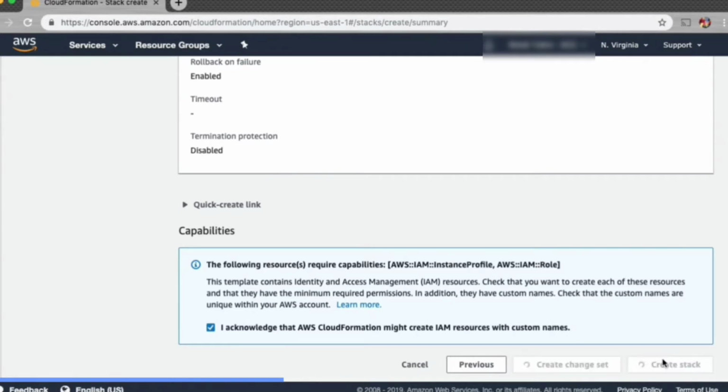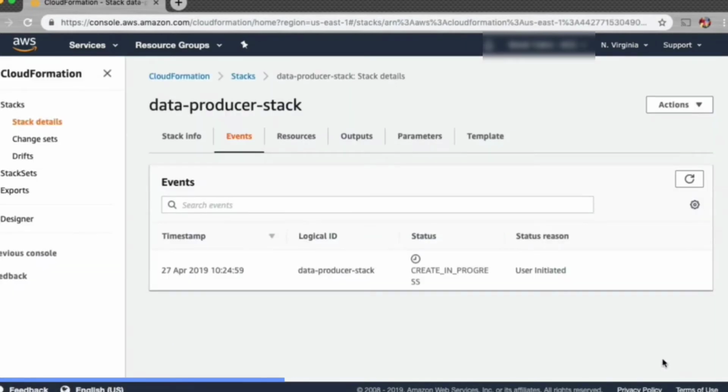Now, once this is complete, CloudFormation is going to create all of the resources and automatically start putting that random user data into the Kinesis stream. Now, the reason that this works is because I have already included that Python script that I showed at the beginning of this lab within the CloudFormation template.